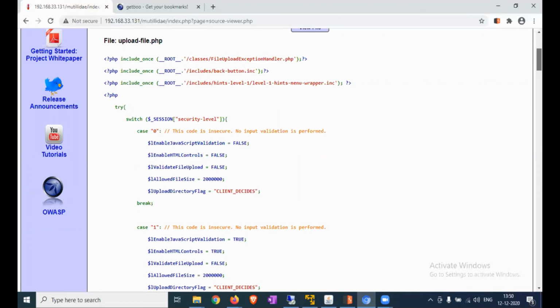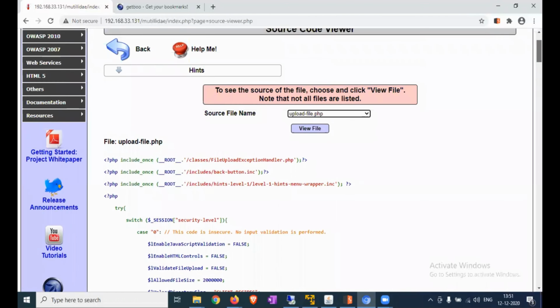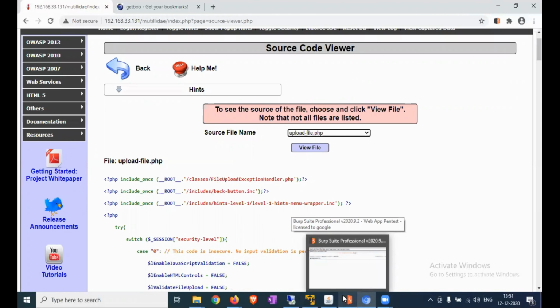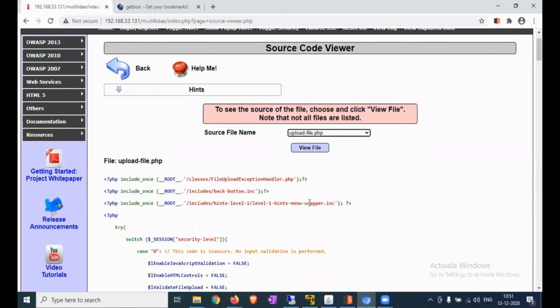In this practical, we are just changing the file path. We are changing the upload-file.php. So let's turn on intercept request. Okay, now just click on view file.